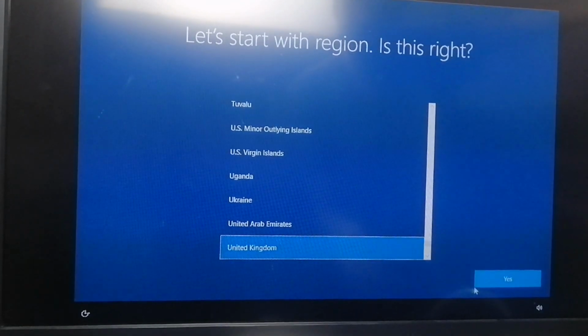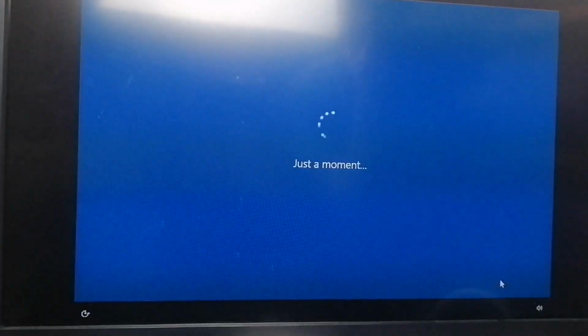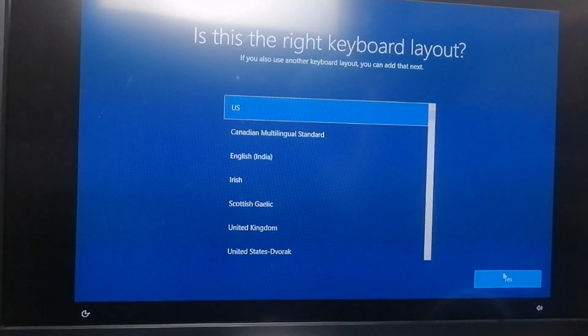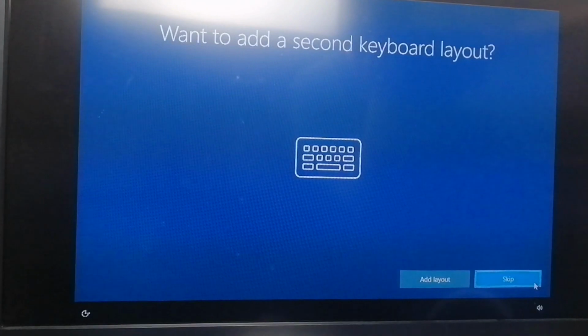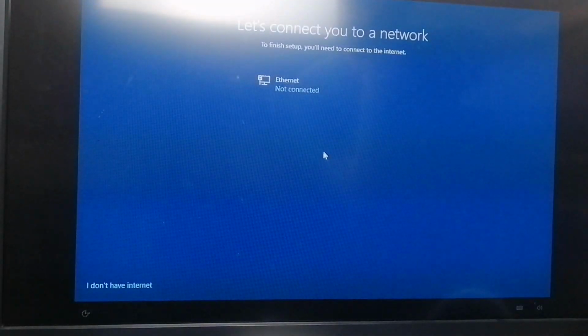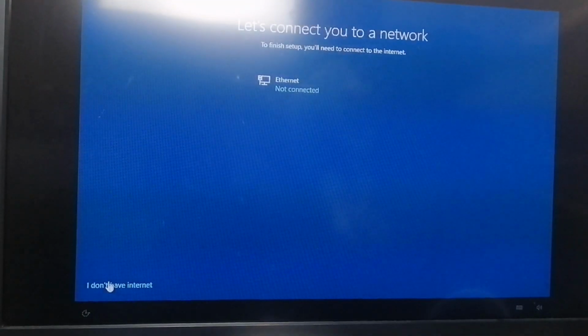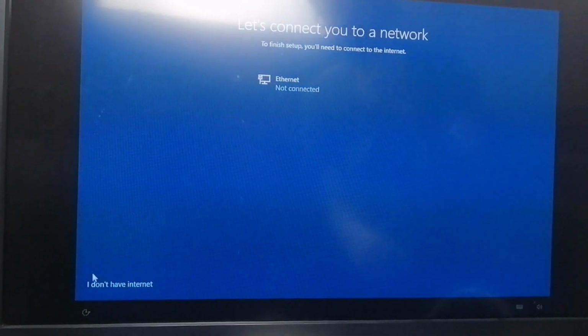So I'm going to go to obviously UK next. UK for the keyboard layout. Don't want a second additional one. Don't have the internet. Right, this is an important one. If you select internet,